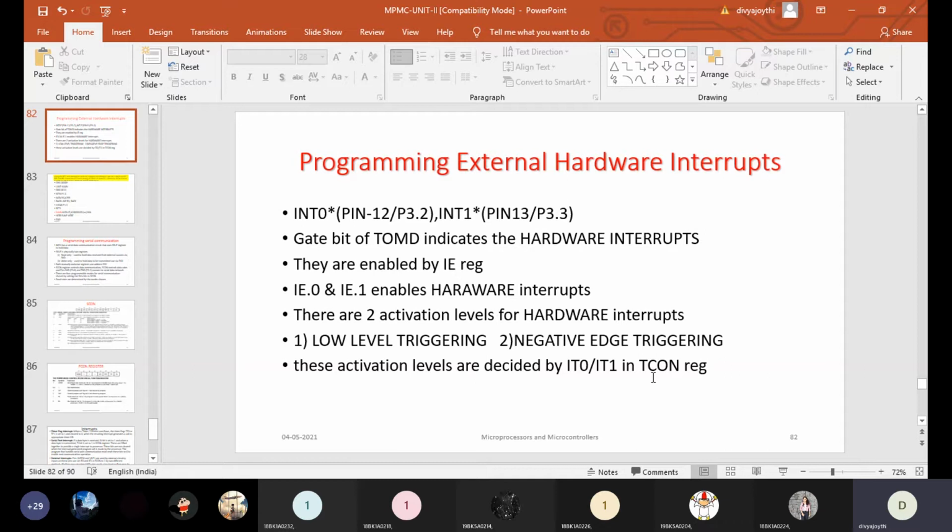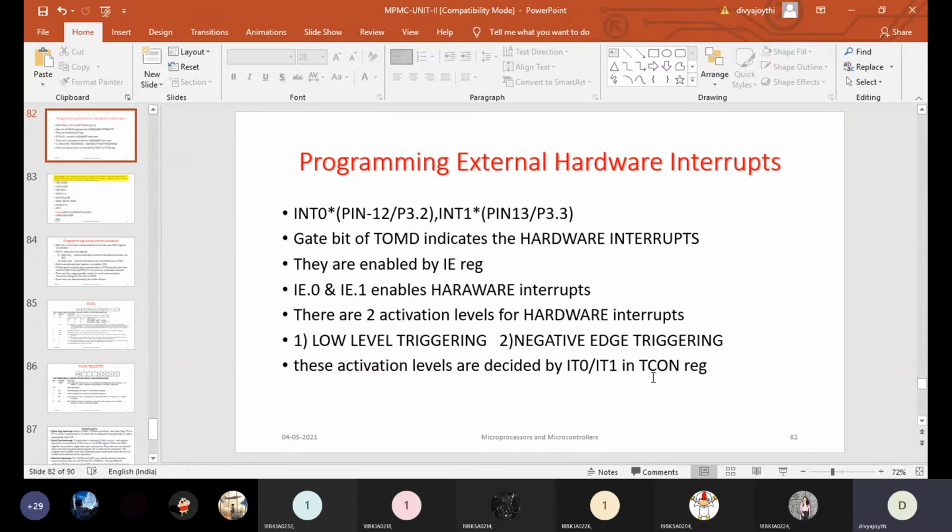So in the TMOD register, if you observe the D3 and D7 bits, they are nothing but the gate bits. D3 is the GATE 0 bit and D7 is the GATE 1 bit. So what does this gate bit give us? If the gate bit is equal to 0, that indicates that you are dealing with software interrupts. And if the gate bit is equal to 1, that indicates that you are dealing with hardware